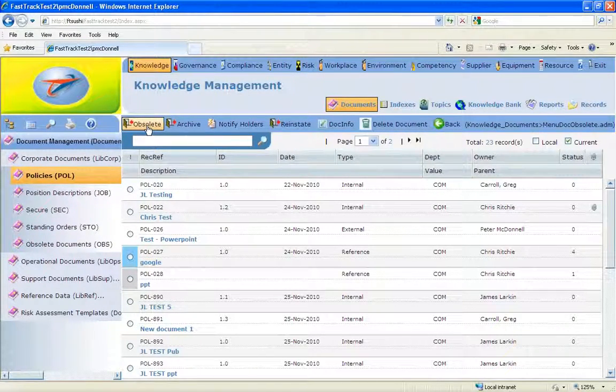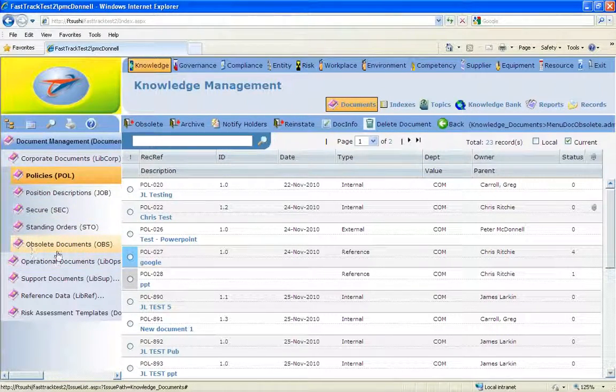And basically it's documents that aren't being used anymore, that don't need to be shown in the record list. And it puts them in a separate library called the obsolete documents or obsolete library, whatever you like to call it. And it moves it away into that particular library and basically hides them away. They're still accessible if you do need to access them later on, but it gets them out of the way